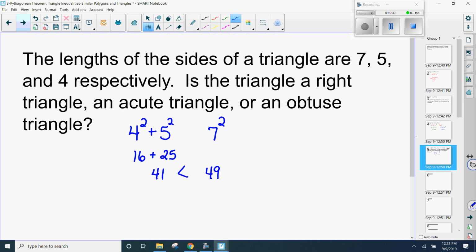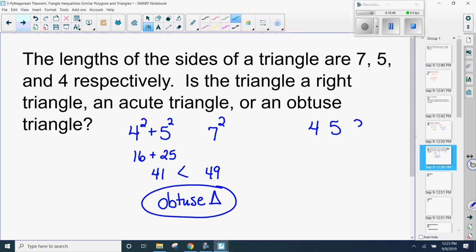You just make that side length whatever you want. You could have like 7 and 5. If I told you this: if I had side lengths of 4, 5, and 3, and if I were to do that and say 4 squared plus 5 squared and 3 squared,